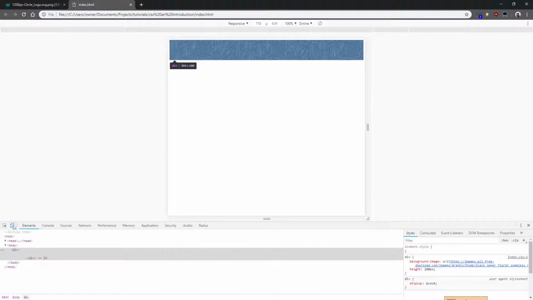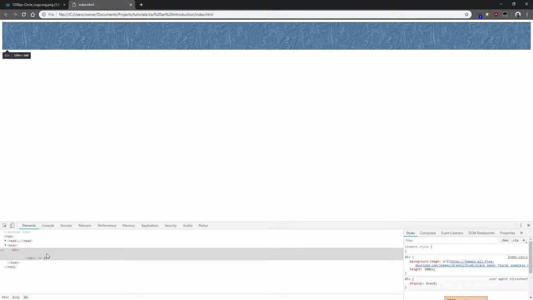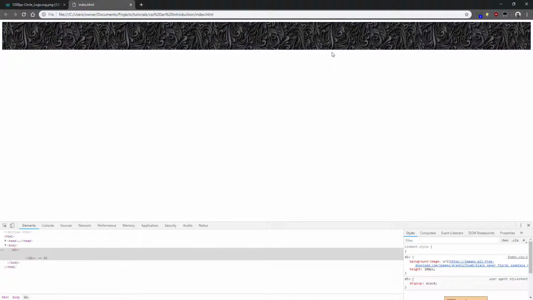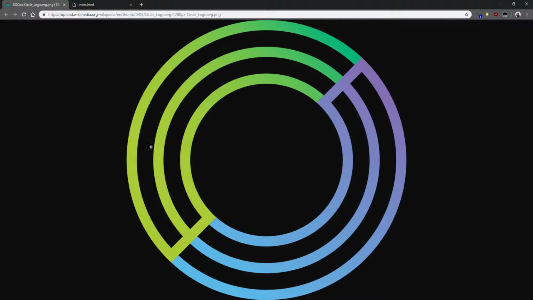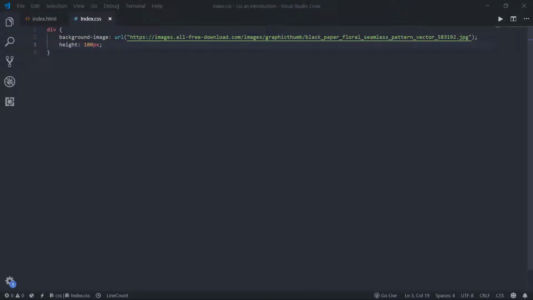And we can right click inspect this and see that it takes up the entire space of the div, the entire background. So we can leave it at that, but we can actually position the background image in different ways. I'm going to get a different image and I've got it up here. This isn't a seamless one, this is just an image of a circle. If you want this exact one, then go to the website and find the part 6 for this course, and it should be in the text in there. So just come to the URL and copy it, and then replace it here,